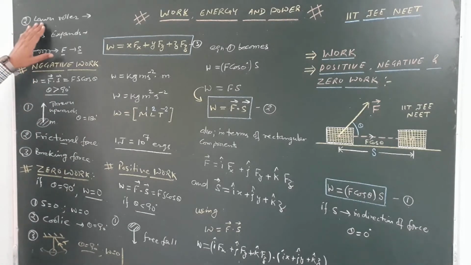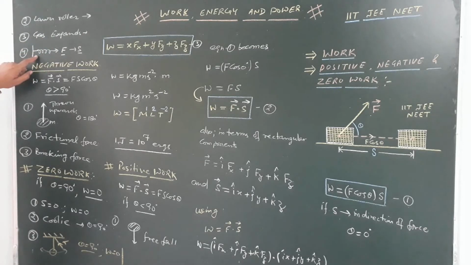Again, if we consider a lawn roller, someone is pulling a lawn roller in the forward direction, it means that in the same direction in which we are applying the force, the displacement is also happening. So in that condition, the amount of work done again becomes positive. Again, if we consider the expansion of a gas from the movable piston in the cylinder, the gaseous expansion and the piston motion are in the same direction. Again, the work done is positive.